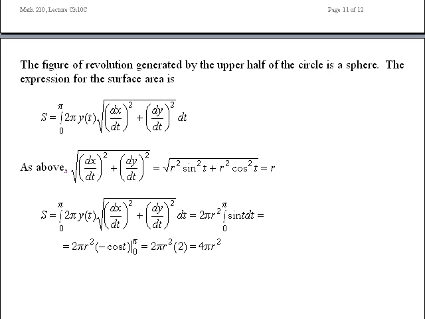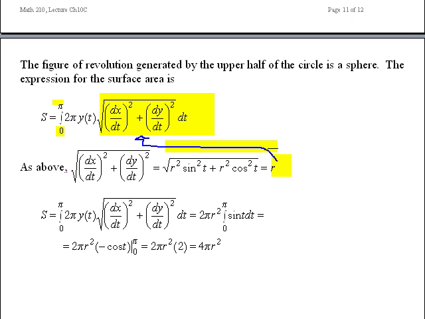So we integrate from 0 to pi of dt, and the integrand is 2 pi times y of t times the square root. Remember, this part here is the arc length differential. So the square root of dx by dt squared plus dy by dt squared. If we worked this out, we would have r squared sine squared t plus r squared cosine squared t, and again we end up with just an r for all of this,